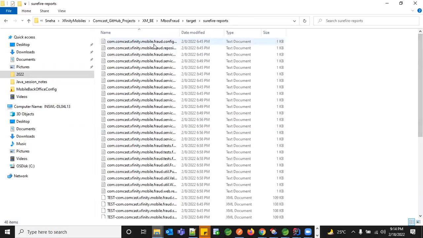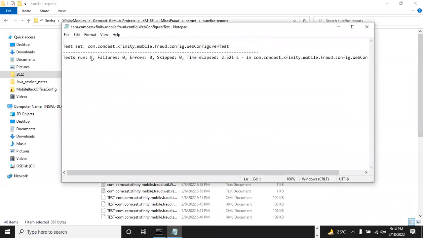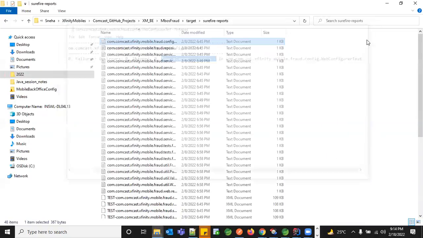If you see, each file will have the relevant test cases and how much time it took. Sometimes whoever the developer is, they might give a command in the build file, in the Jenkinsfile or somewhere your project is getting built, they just give skip test. What happens is none of the tests will be executed and your build will always be successful, but you'll get a lot of bugs and issues when it is deployed to production.